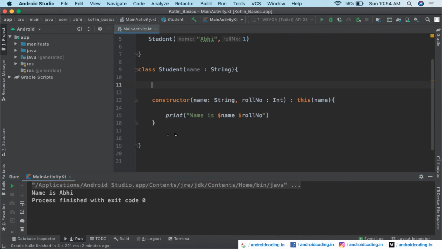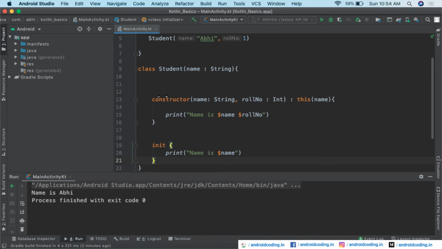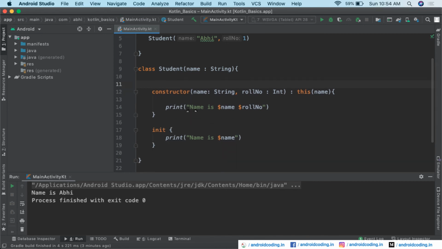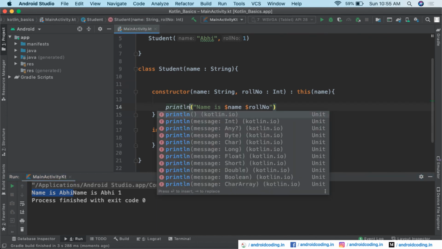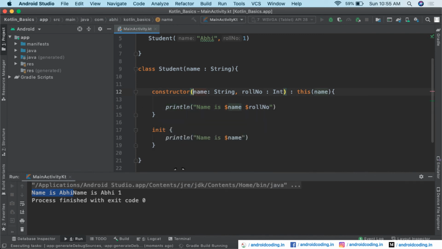Now let us consider this init block after the secondary constructor. You can see our secondary constructor has a print statement, and our init block also has a print statement. Let us run this code and see whether the print statement inside the secondary constructor comes first or the init block runs first. Here you can see name is Abhi, which is from our init block. Let's make sure we use println for both so that there is no confusion.